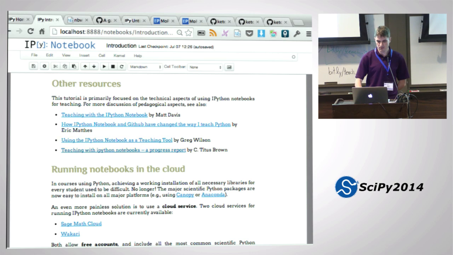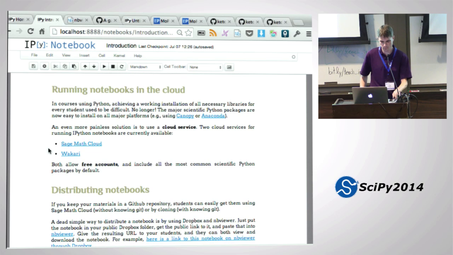Okay, and then I have here links to a few blog posts by people whose names you're probably familiar with at this conference, talking about how they teach with IPython notebooks. So you can get more different perspectives, I guess. I'll give you my perspective today on how I use it, and here are some other perspectives. Especially, I think this discussion on the Software Carpentry site written by Greg Wilson is a really interesting discussion of the advantages and disadvantages of using the IPython notebook for teaching.